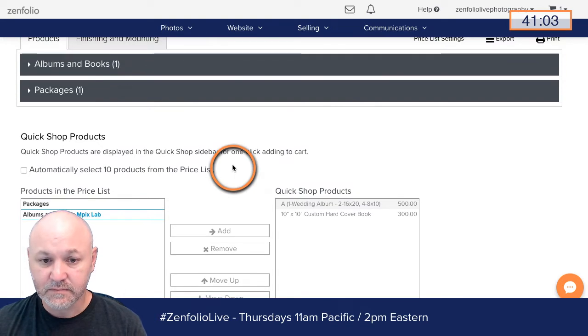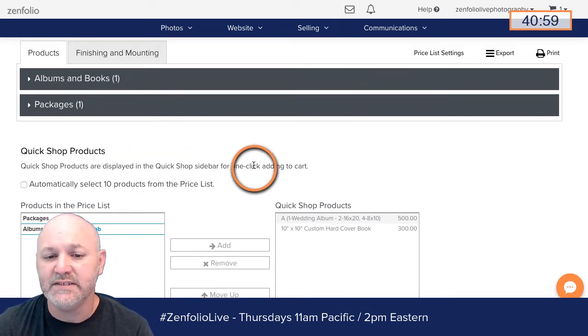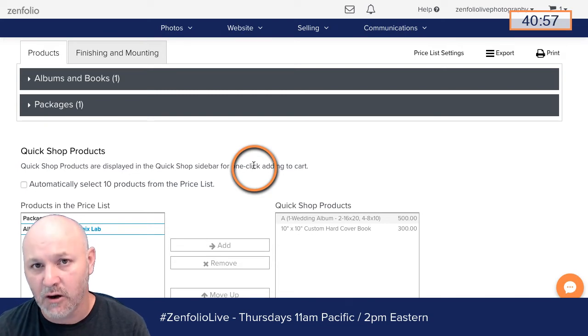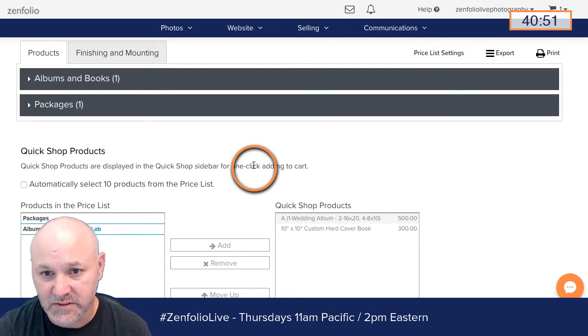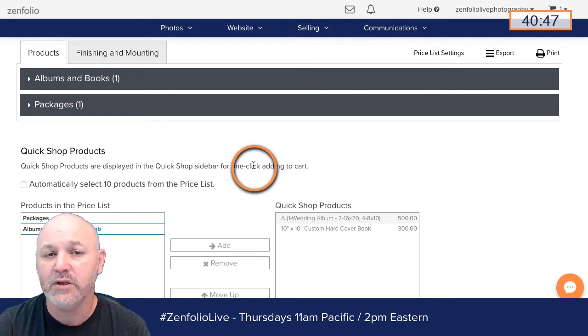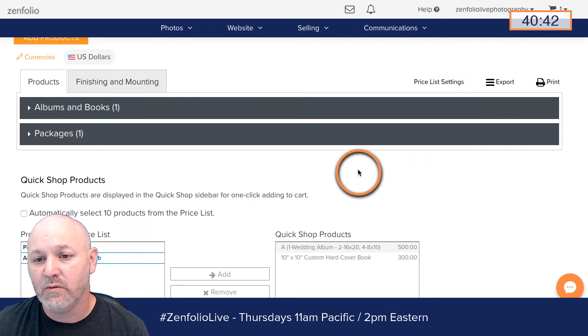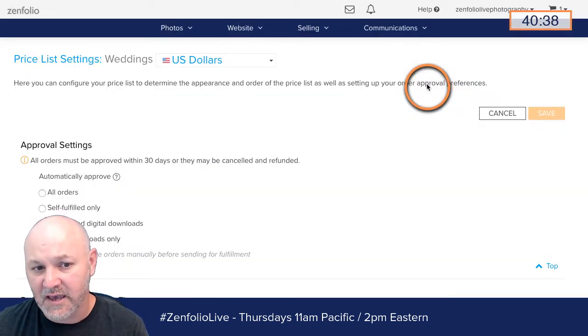All right. Now, as a last thing that I'll mention, what if we want that 10 by 10 a la carte album to only be available if the client purchases that wedding package first? There's not really a built-in way to do that, but what you can do is set a price list minimum. Go to price list settings, and if you have an advanced account, you'll get this option.